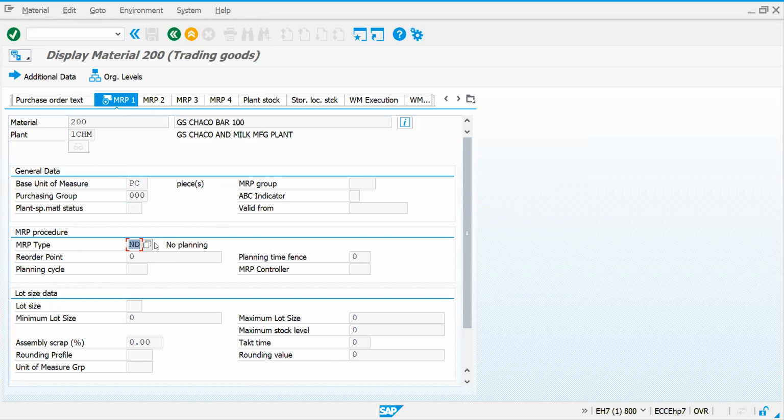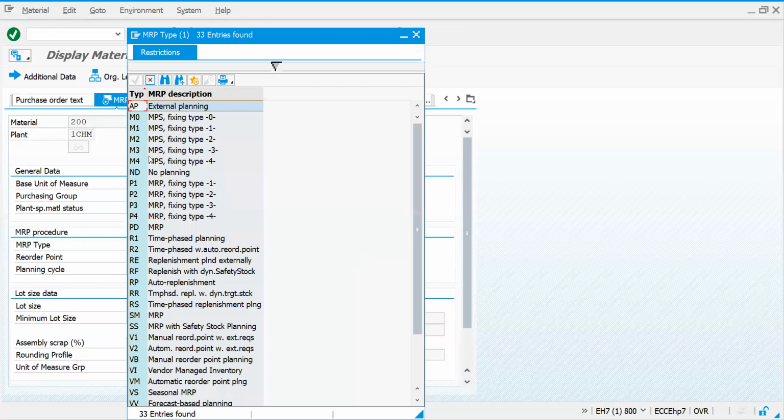I'm just saying that for this material 200, I don't require any planning. If I want external planning, I can choose like this. If it is deterministic MRP, that means the planning will happen within the unrestricted stock, I can go for it.